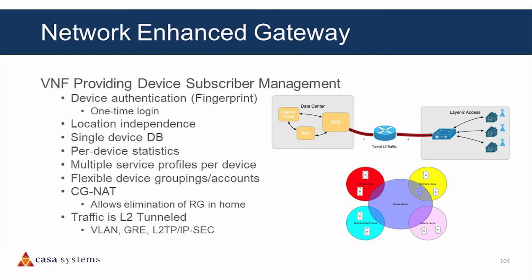There's a single device database. That means that your subscriber management system can be distributed. You can have servers in the appropriate locations. You don't have to have massive scaling. You don't have to force the traffic to a single location. Latency through these devices has been verified to be sub 1 millisecond. So it's not going to add significantly to the latency, but it does allow you to now centralize your subscriber management back to the data center, or your edge compute center even more likely.